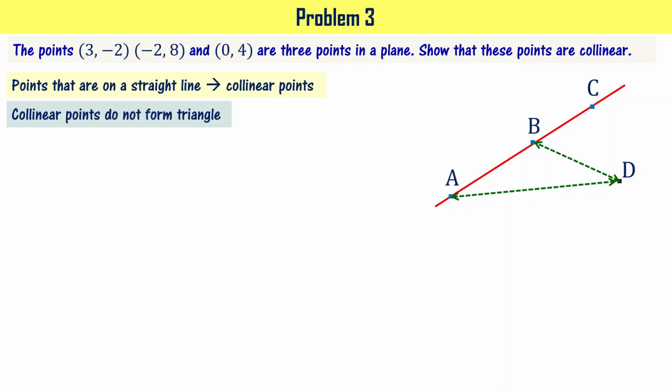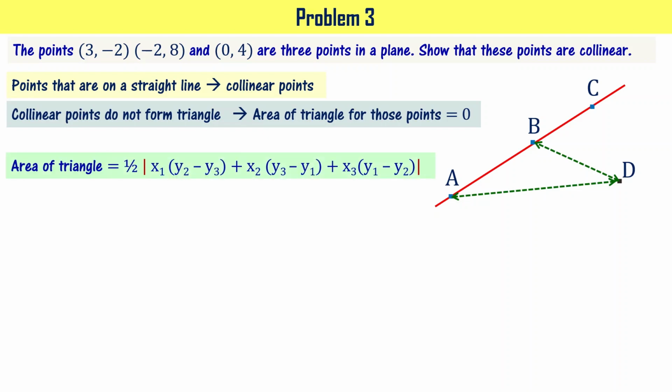It means if I compute the area of triangle with the points which are collinear, then I'm going to get area of triangle as 0, right? Let me write that. Area of triangle for the collinear points is going to be 0. So now we can make use of area of triangle formula and use the coordinates given. When you compute the area, if you get 0, it means that those points are collinear points. If you don't get 0, it means they are not collinear. I hope you got the point.